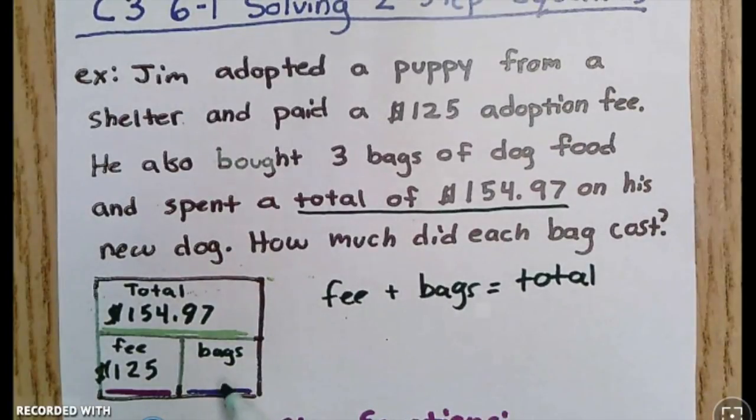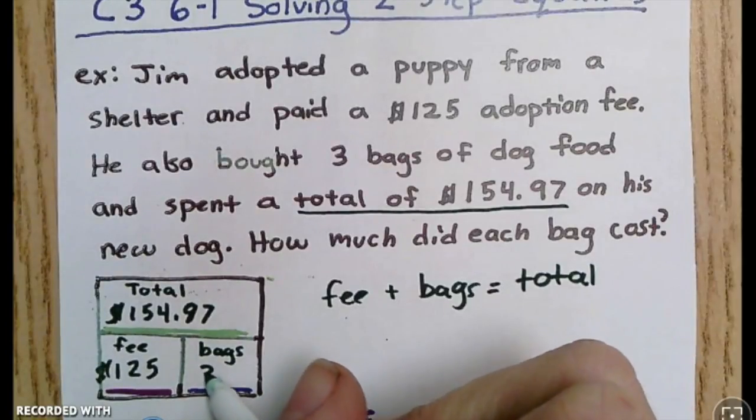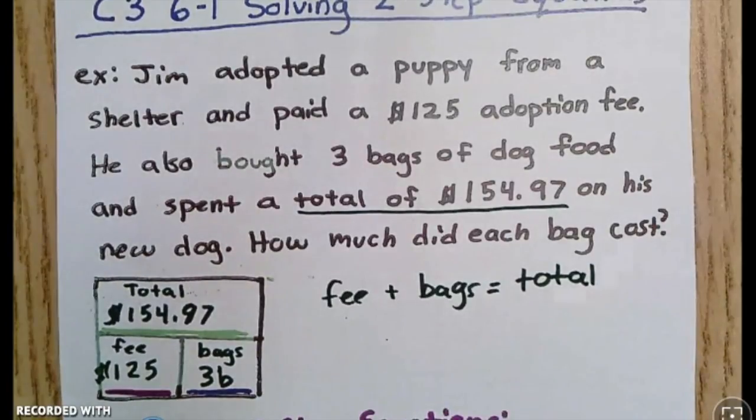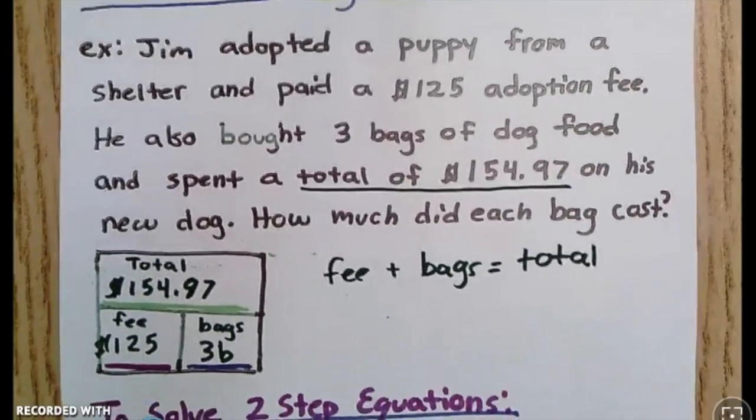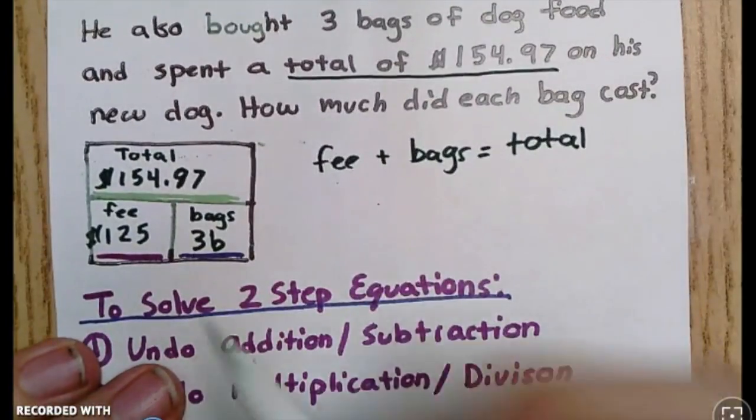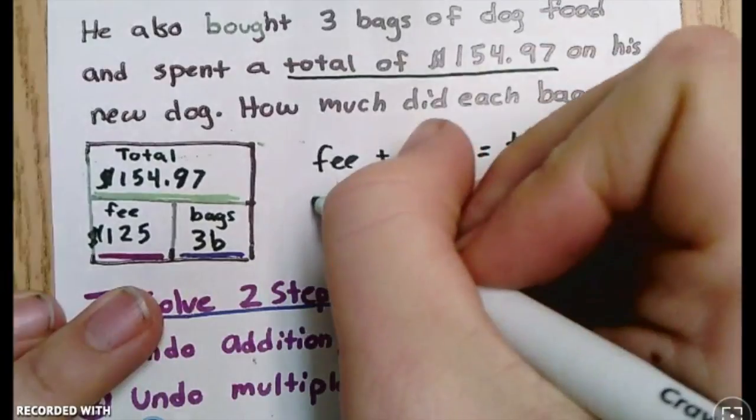So that's going to go down here. And we're going to use a variable to represent the cost of each bag. So we'll say 3B for our bags. Now let's go ahead and plug this into our equation. So for our fee was $125